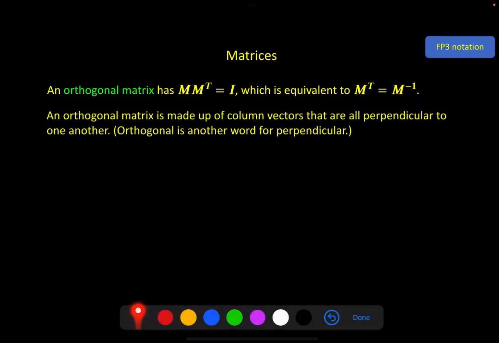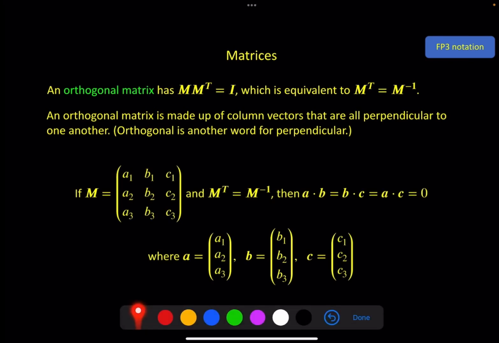What's important about this is that an orthogonal matrix is made up of column vectors. If you were to take each of the columns and split them into separate vectors, those vectors are all perpendicular to one another. And orthogonal is another word for perpendicular. So here's the general statement. If a matrix is made up of these 9 elements, and the transpose is equal to the inverse, i.e. it is an orthogonal matrix,